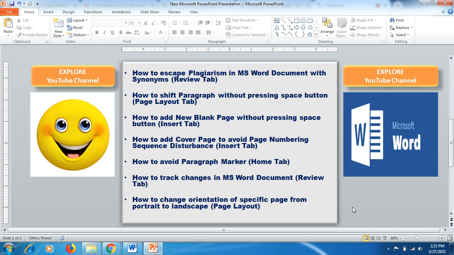Today we'll be going to learn about a few things which are very convenient and helpful in your MS Word document practicality, because here you will be able to access those functions and manage your MS Word document more prominently. So here we'll start with a few functions: how to escape plagiarism in MS Word document